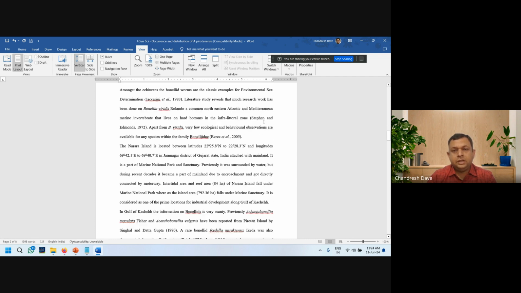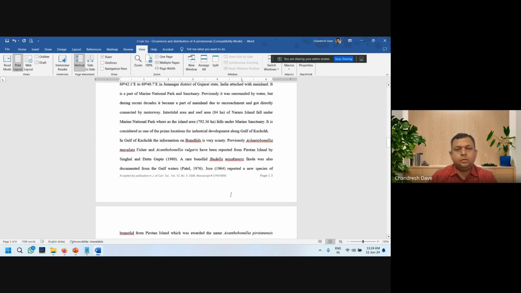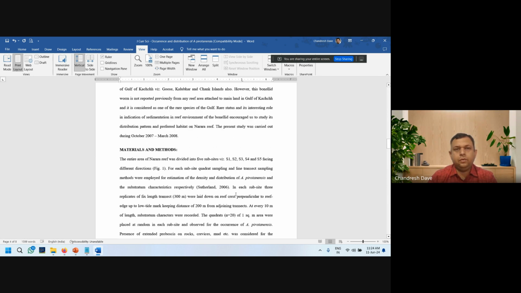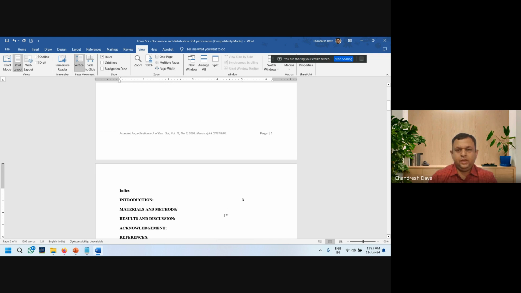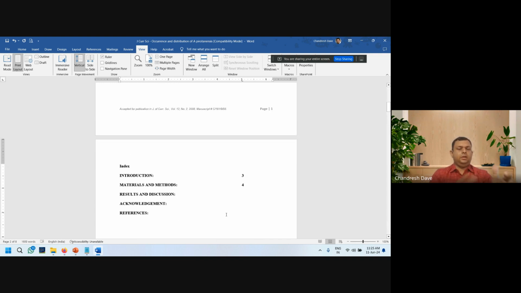So introduction is on page number 3 at present, materials and method is on page number 4, and so on, right? This is the manual method.